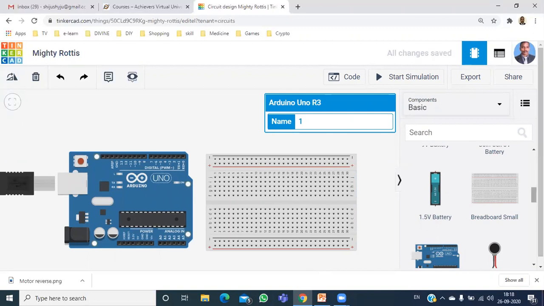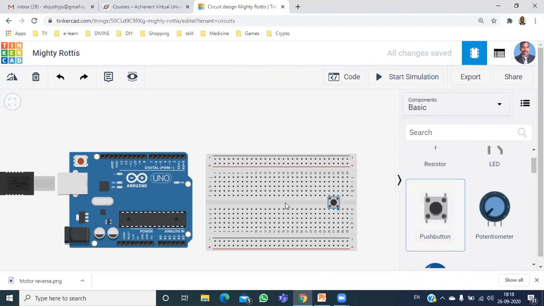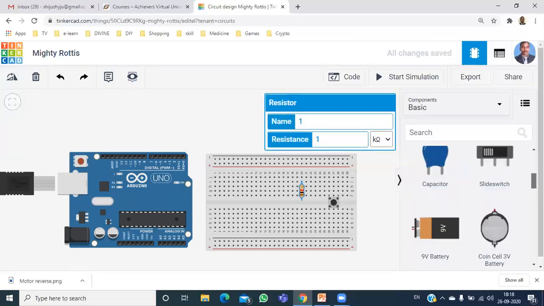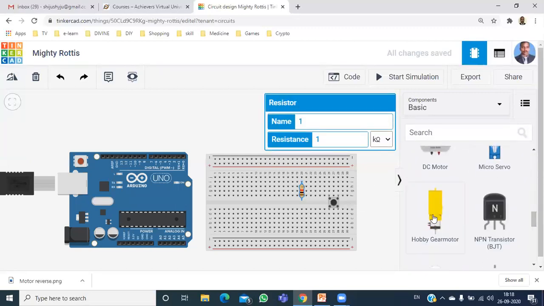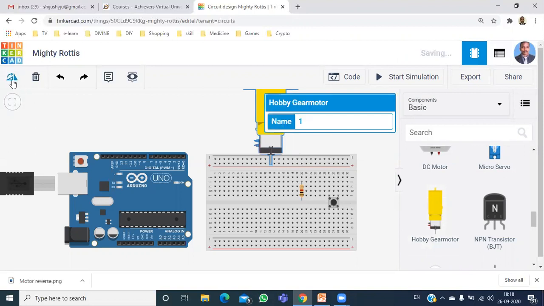And we are in need of a push button switch and a resistor. Also, we are in need of a motor, a hobby or DC motor, gear motor. So I can rotate this.